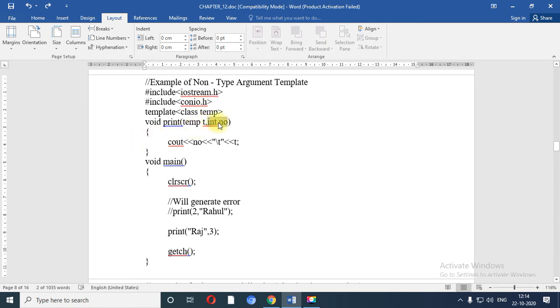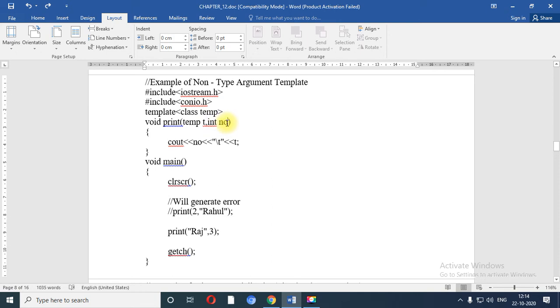So what is the requirement of this? See, when you pass Raj comma 3, such a thing is possible, but when you pass 2 comma Rahul, that means the first argument is an integer and the second argument is a string, it will generate an error. Why? Because compulsorily our second argument would be an integer.